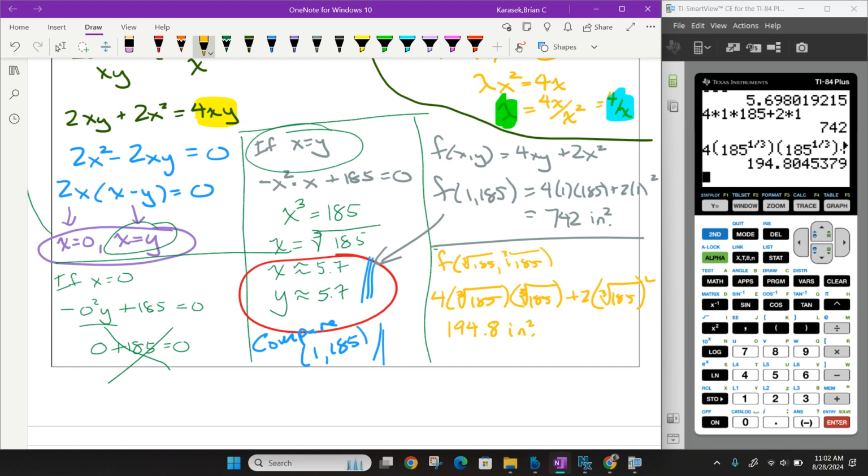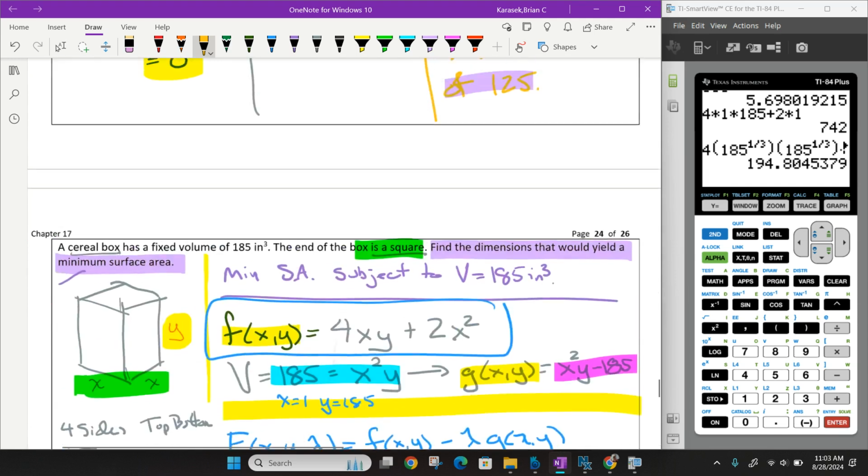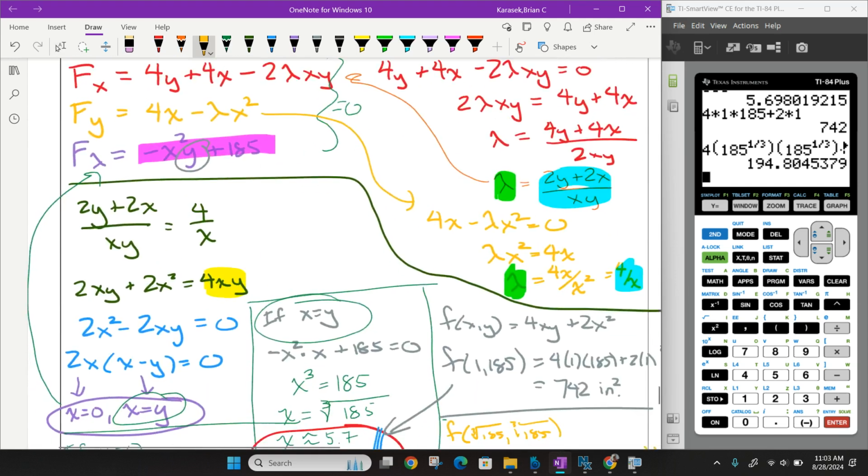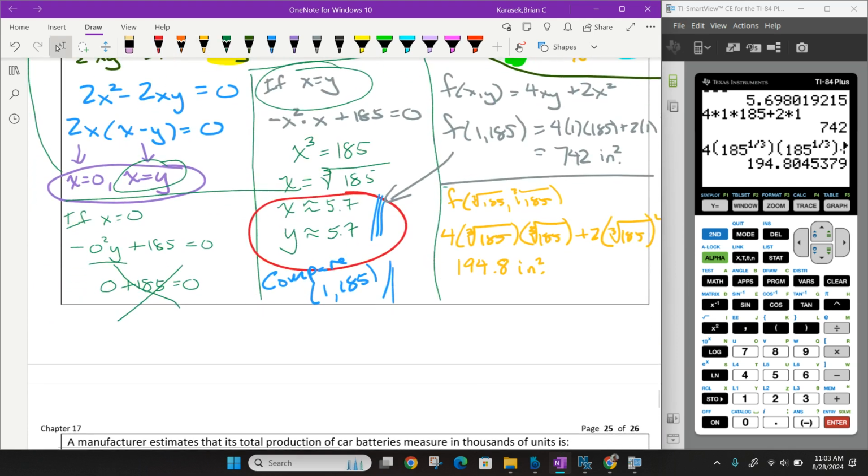Now, my job was to, what was my job again? Oh yeah, my job was to minimize surface area. So the point that we found with Lagrange gives us a surface area of approximately 195 square inches. My comparison point shows me that 195 is smaller than 742. So it looks like